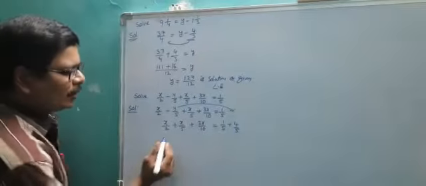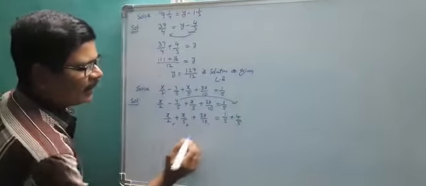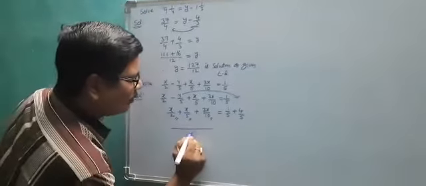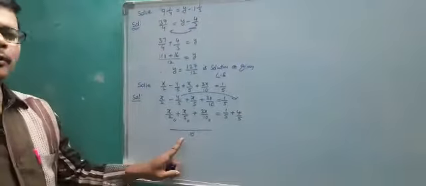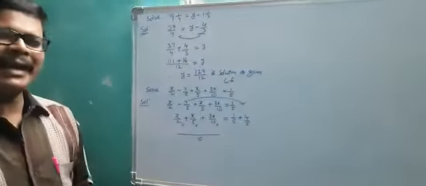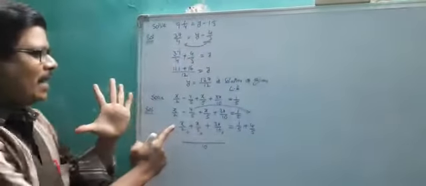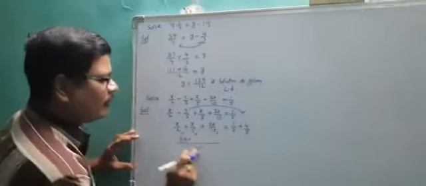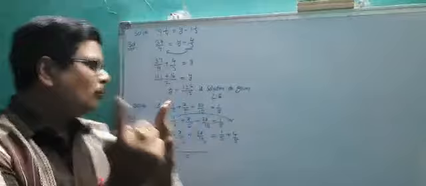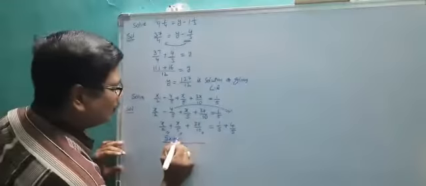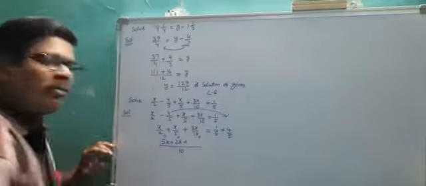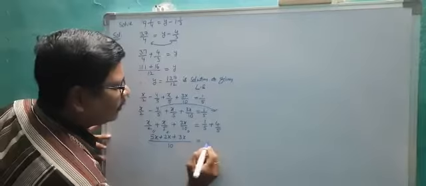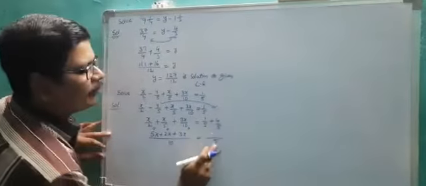Very simple. Find the LCM of the denominators 2, 5, 10. Okay, so 2 and 5 are factors of 10. So the LCM of the denominators is equal to 10. Okay, so 2 times how much is 10? 5. So 5 and x, 5 into x, 5x plus 5 times how much is 10? 2. 2 into x, 2x plus 10 times how much is 10? 1. 1 into 3x, 3x is equal to, both denominators are the same, 5.